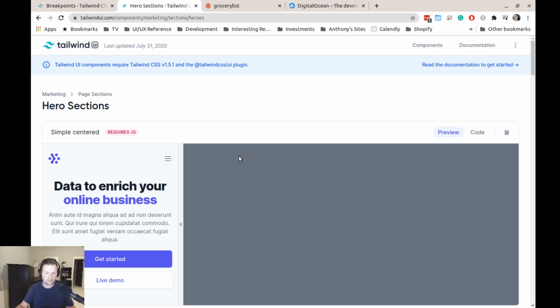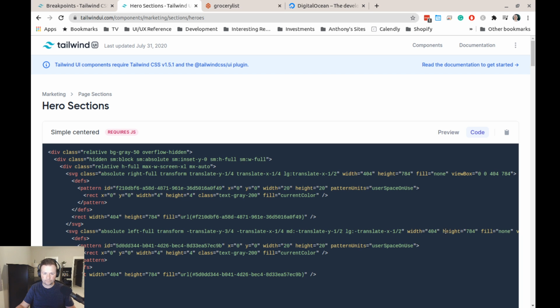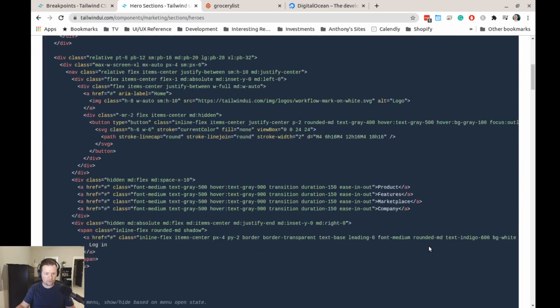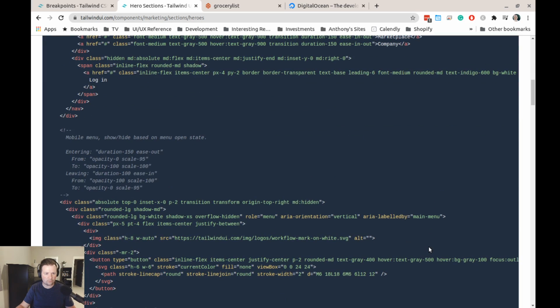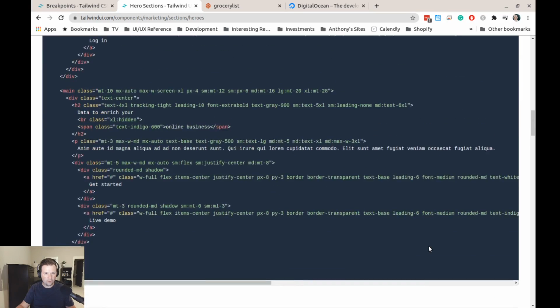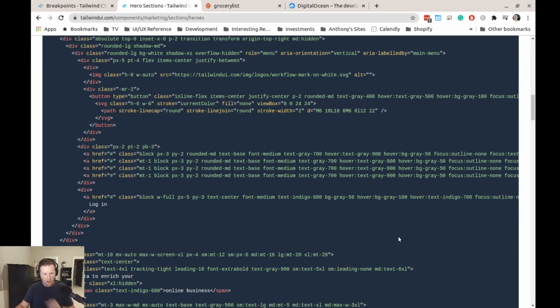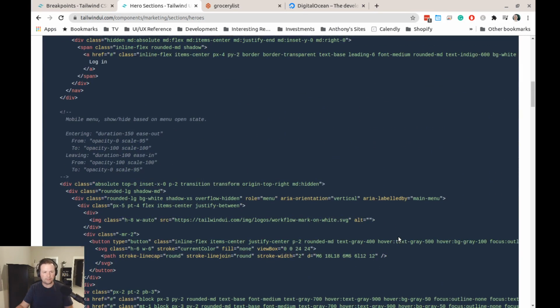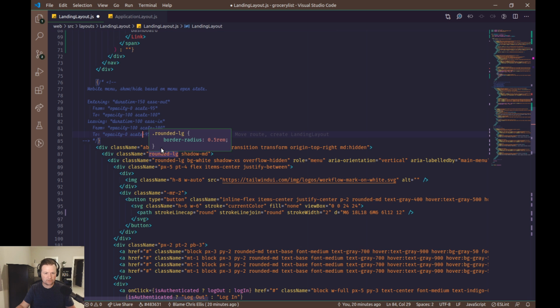And he's got nice transitions on it. So his code, well, he doesn't actually have, he used to have RedwoodJS the way that he did it in here. We don't have that luxury, so what we're going to do